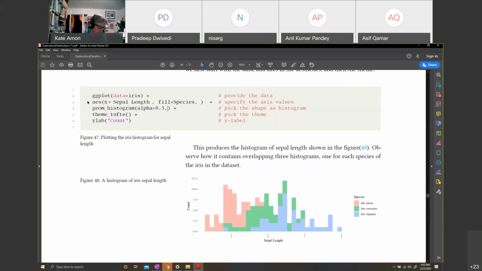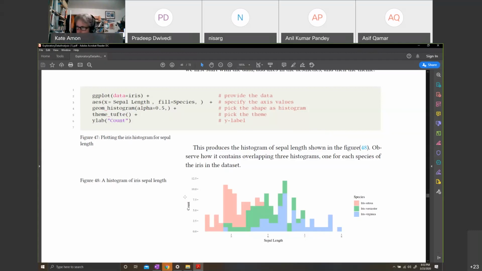And then you notice that I have added a theme to it. So it's the next layer. None after this geometry is really needed, but it is good to have. I added a theme called Tufte. What this theme is and what in the world Tufte is, we'll come to in a little bit. And now we add a label.